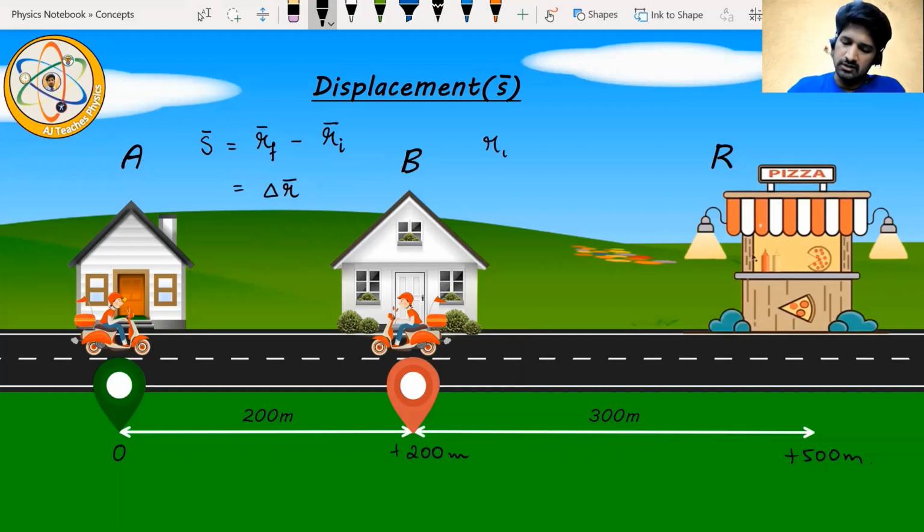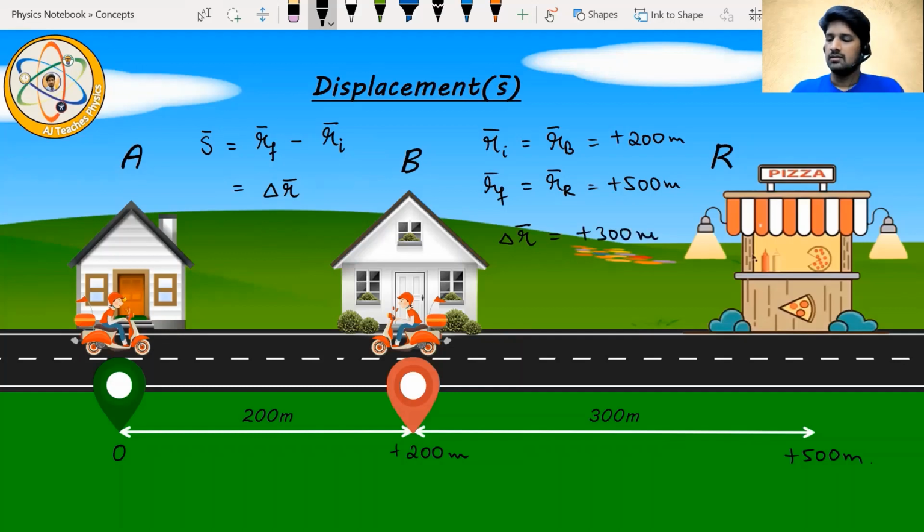The initial position from where the delivery boy started is the position of the house B, which is plus 200 meters. And the final position is the position of the restaurant, which is plus 500 meters. Then the change in position, if you calculate R final minus R initial, 500 minus 200 would be plus 300 meters. What it indicates is that the delivery boy has undergone a displacement of 300 meters in the positive direction, and